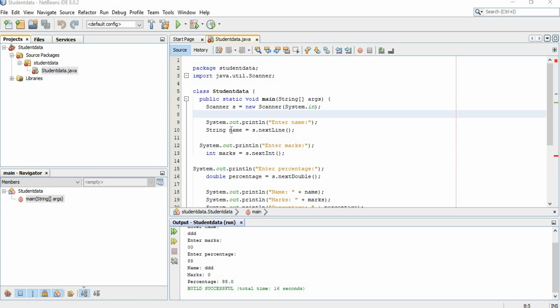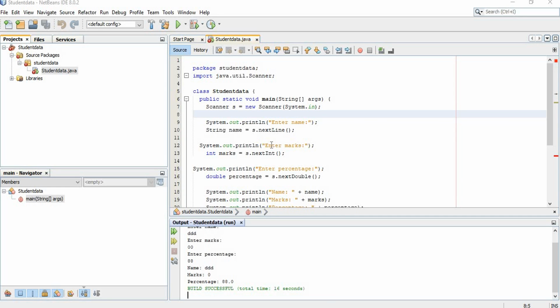Now here I want to read the name of the student, and we know a student name is a collection of characters and it is a string type. So I have to specify the data type here as String. I am taking a variable called name, and whatever input I give when I run this program will be stored inside the name variable.